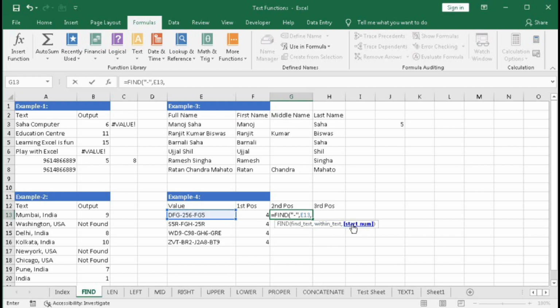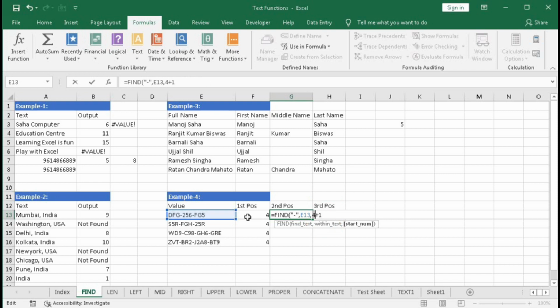So here in the start num, we have to use this formula here. So type here FIND dash comma within text this cell bracket close plus 1, because this value will give us 4.